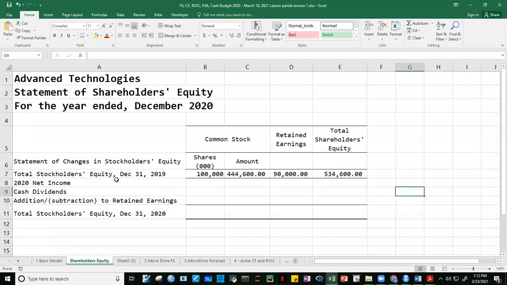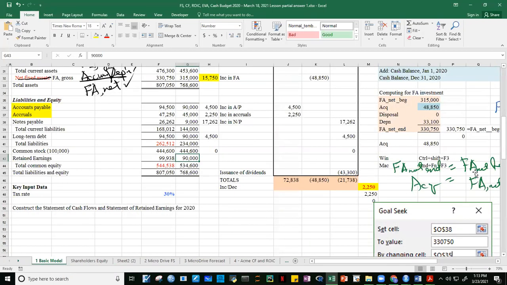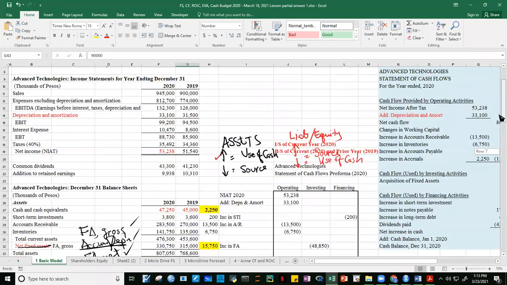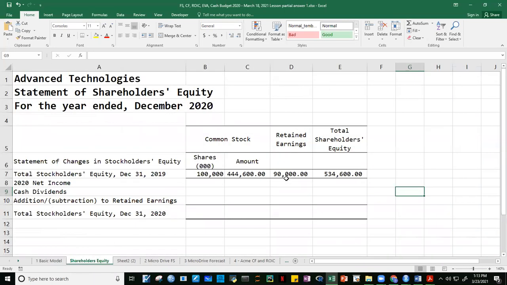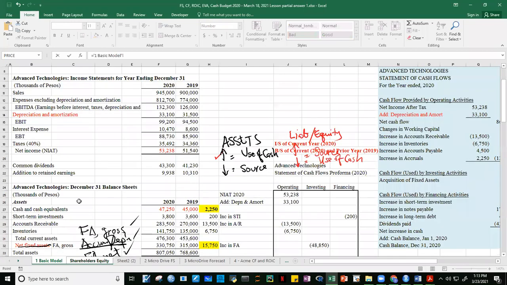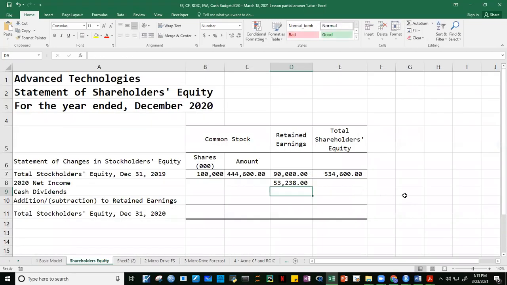So at the beginning of 2020, ito yung total shareholders natin. Then, nag-operate yung company. So, nag-generate sila ng income, okay? Operating results to. So, how much was the net income in 2020? So, from the income statement, we know that it is 53,238. So, we get that value, guys, and put it under retained earnings, no? Is equal to 53,238. Okay. And then,